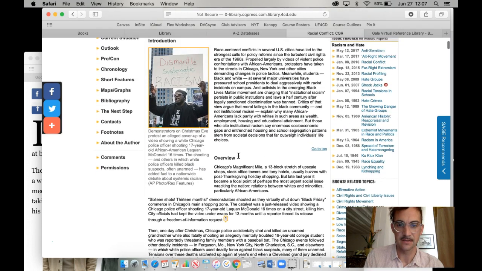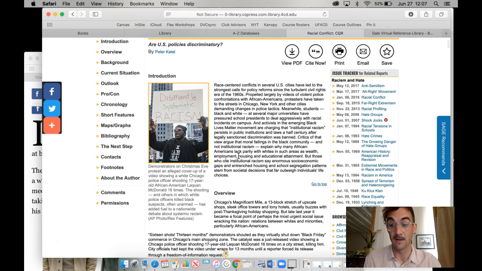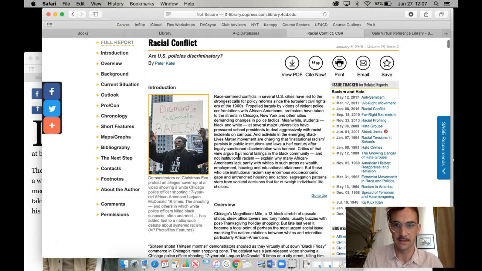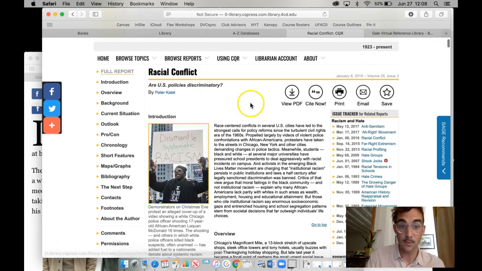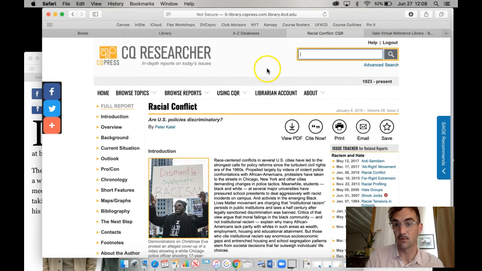And it talks a lot about, I think it'll maybe help me answer my question about relationships between city governments and citizens in the light of police shooting incidences. So that's how to use CQ Researcher. And you can also, of course, search by keyword.